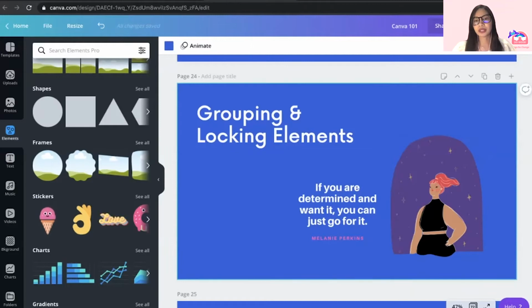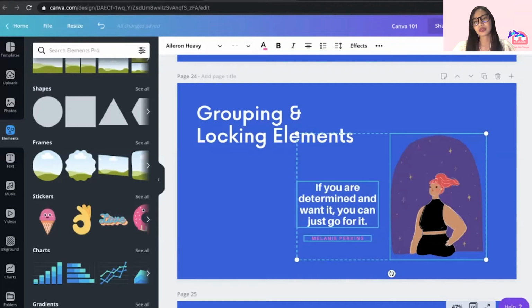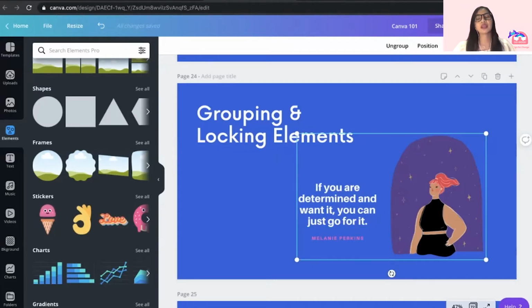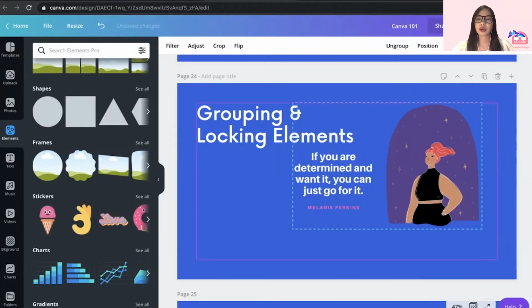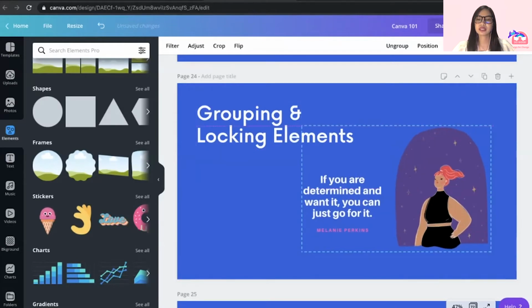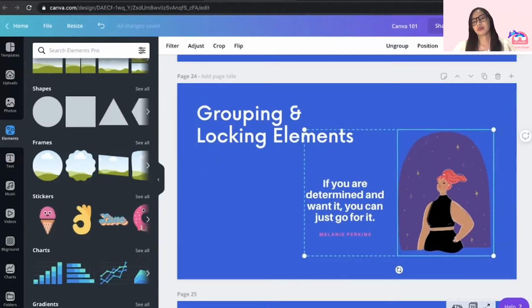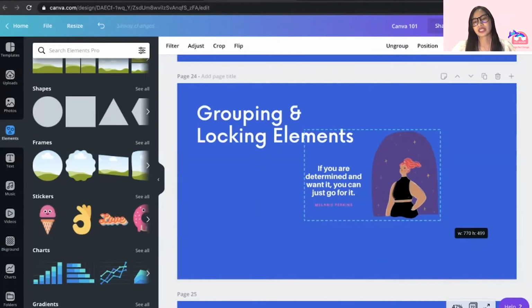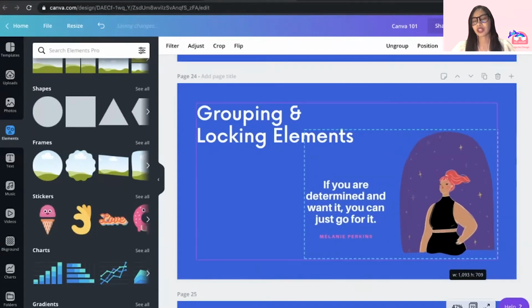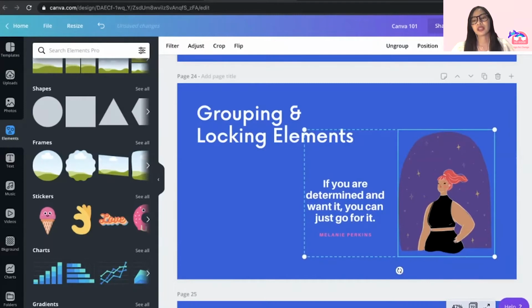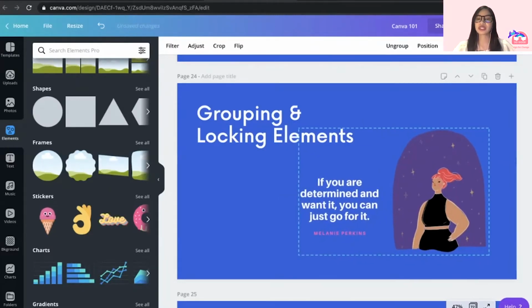To group your elements, simply drag your mouse cursor over the elements that you want to group together. Press on Group here, and that will instantly group your elements. And you can see here that you can move it around, and then if you want, you can resize it this way. All of the elements that you group would be instantly resized or